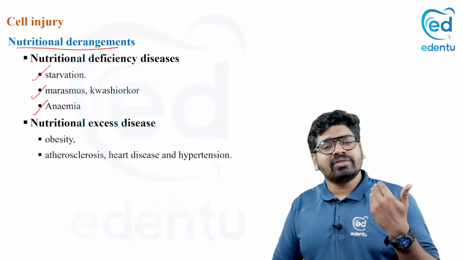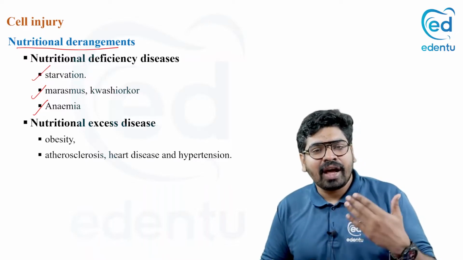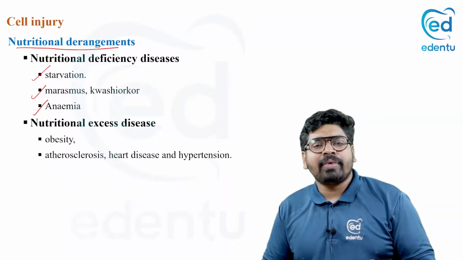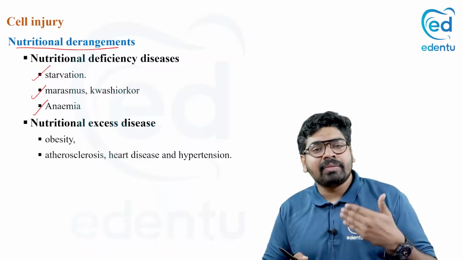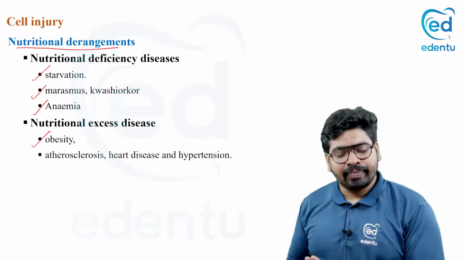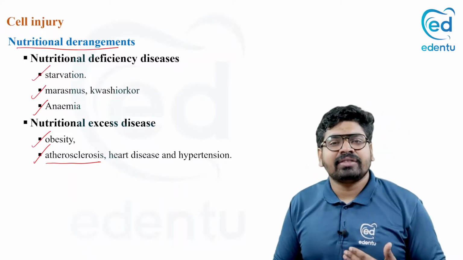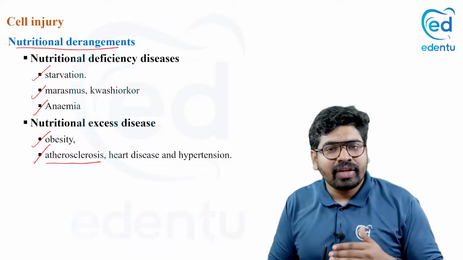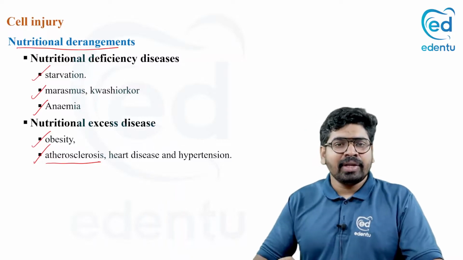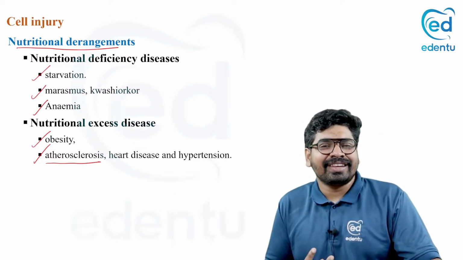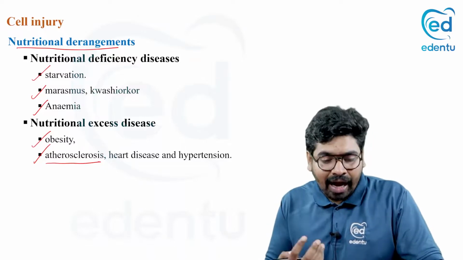Now, if the nutrition is more, you may get toxicity of this nutrition. You are having a lot of vitamin A, a lot of vitamins in your body. That can cause toxicity, hypervitaminosis. Similarly, you may get obesity, atherosclerosis, there is so much fat in your body, heart disease, hypertension, all these can occur. So more and more fat in your body is very bad, right? Similarly, more vitamins which our body doesn't require cause hypervitaminosis. So those conditions can harm your cells.